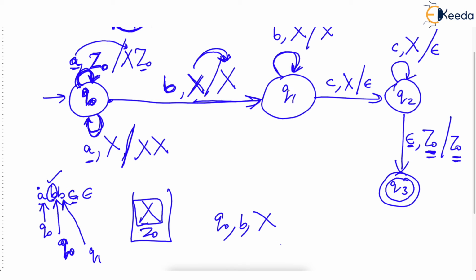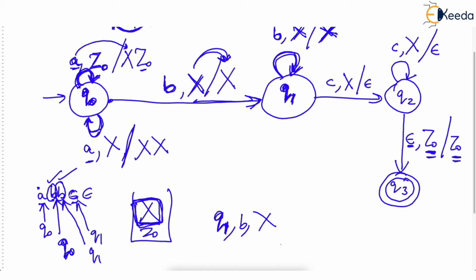Now, Q1 state, just check, is reading a B again, and top is X. Watch that. Q1 is reading B, top is X. And we said that for any B, we won't take any action. X will be kept as X. So top X is unchanged, stack is unchanged, and we remain in Q1. I hope you are understanding, because B are not to be compared with anything, we will take no action for any B, but we are still in Q1 state.